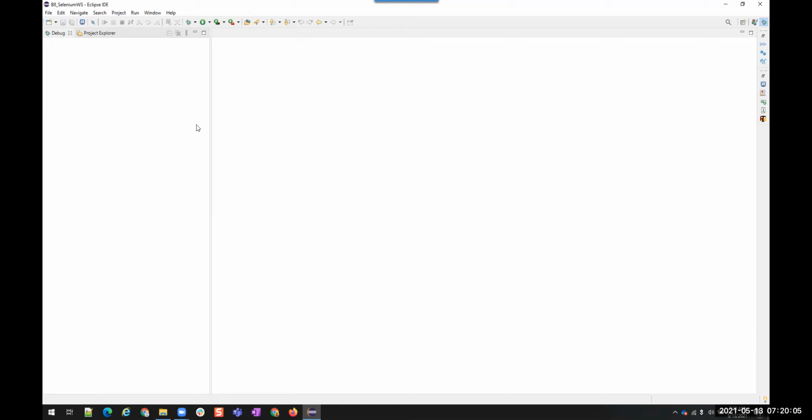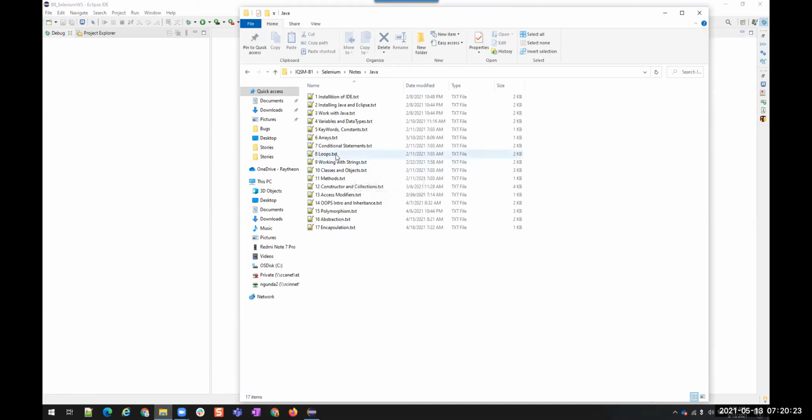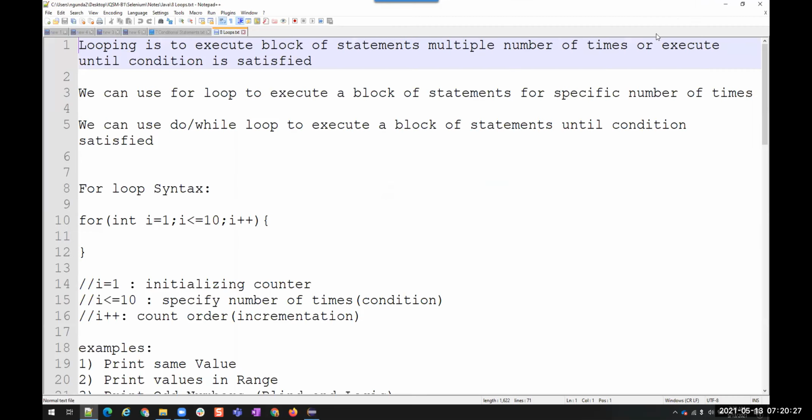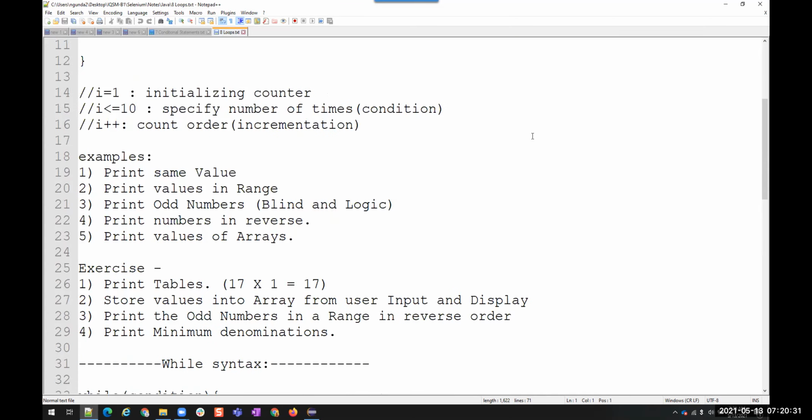Today we are going to learn about another control flow statement, that is iterations. Suppose you want to do the same activity again and again, some repeated activity, then we go for iterations, that is nothing but loops. We have different types of loops in Java.